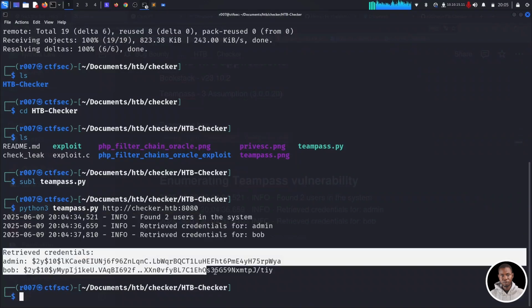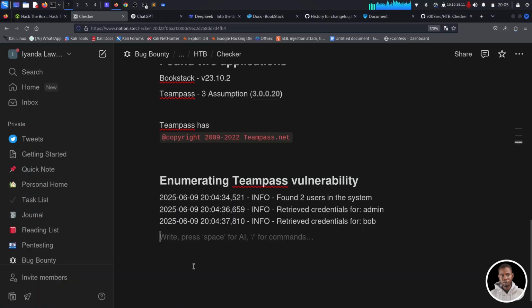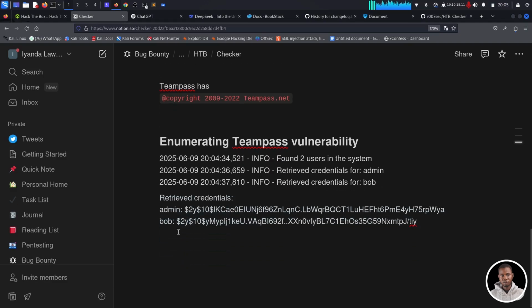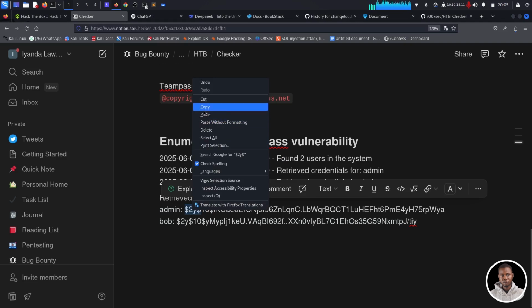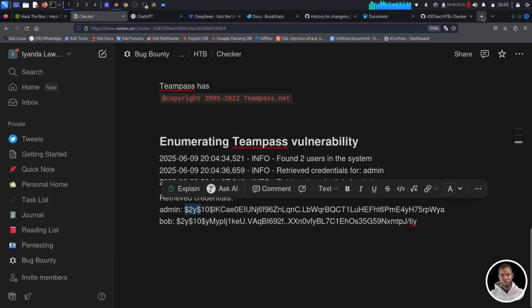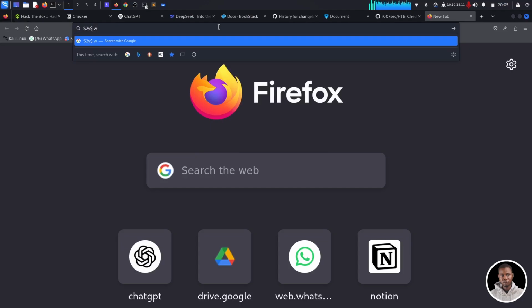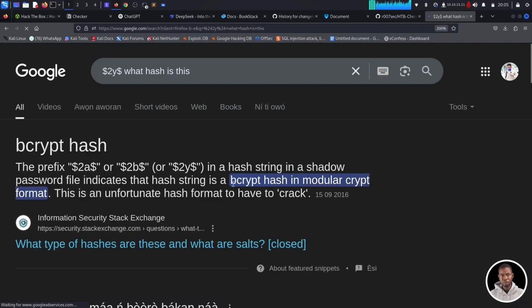We found their credentials. I'm also going to paste their credentials here. So I'm guessing this is some kind of bcrypt hashing, I beg your pardon. So what I'm going to do is just say what hash is this. So this is a bcrypt hash. So what we're going to do is try to use one of these